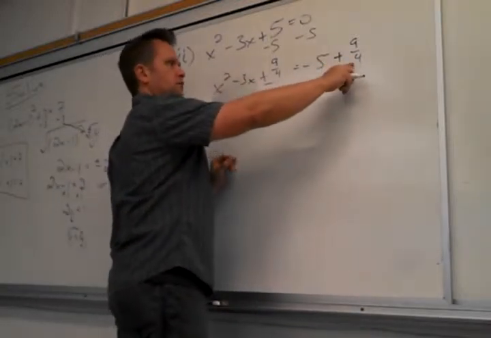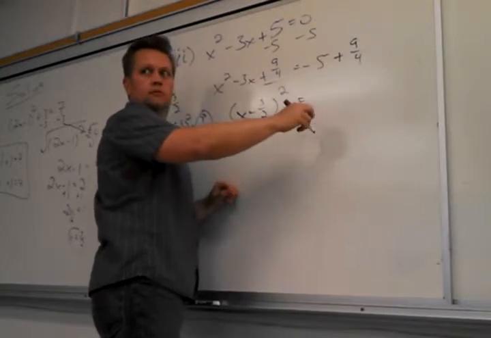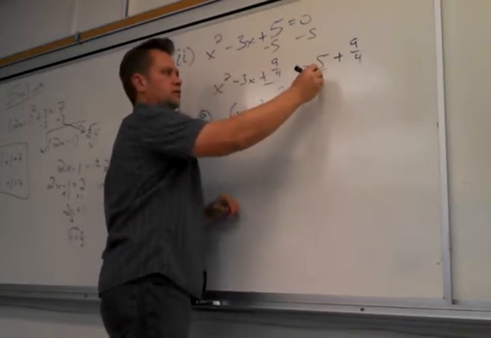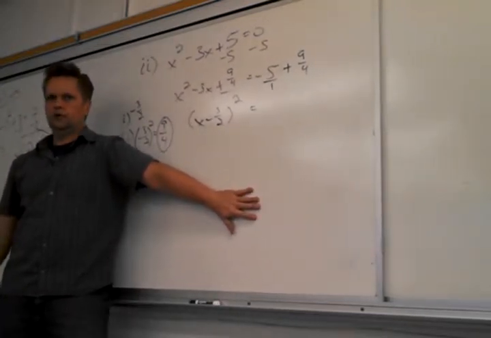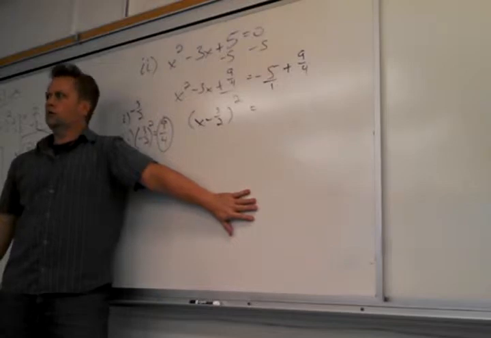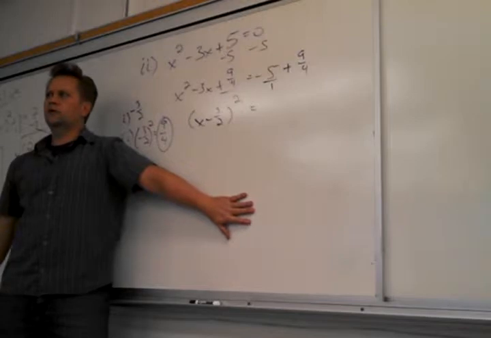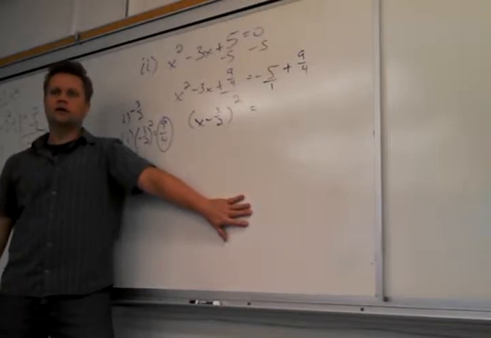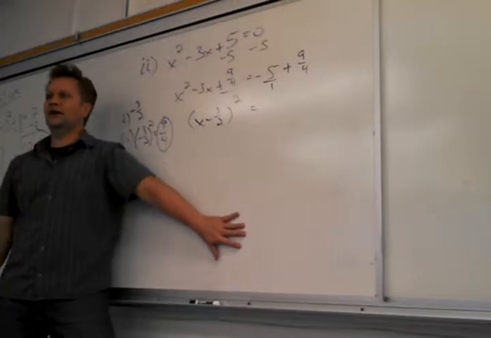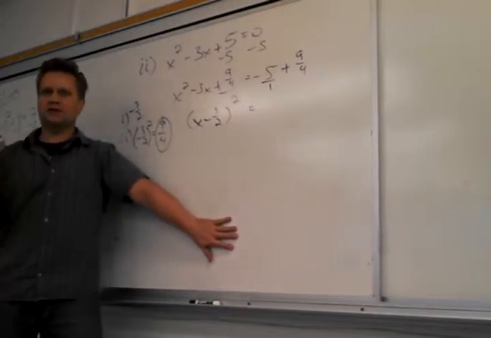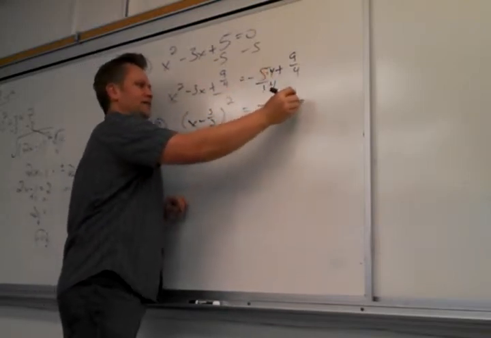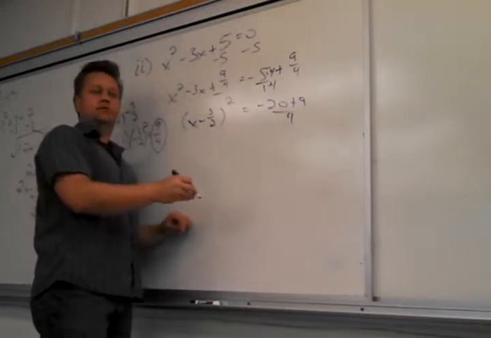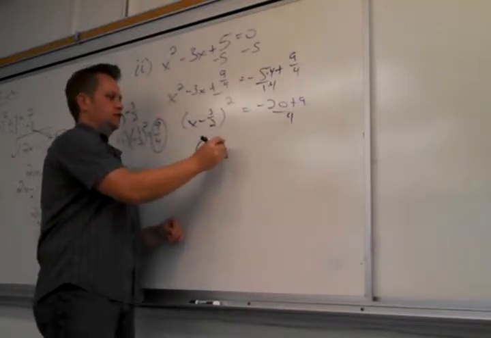Equals. Now what happens over here? They're fractions, so you need an LCD. Always. Anytime I'm standing here looking at you, it's because I'm expecting an answer. Multiply by 4? Yeah, so 4. Alright, so I get x minus 3 halves squared equals